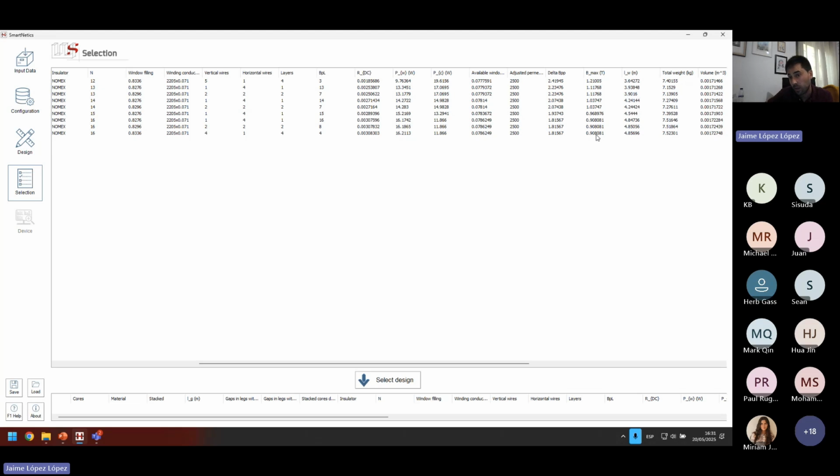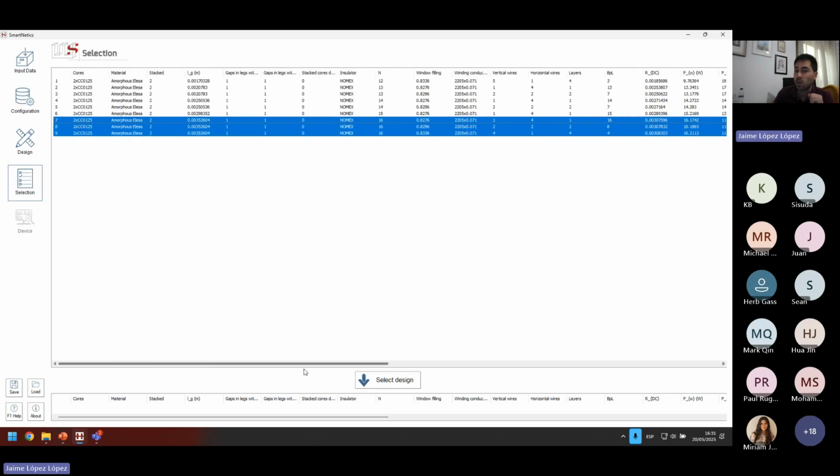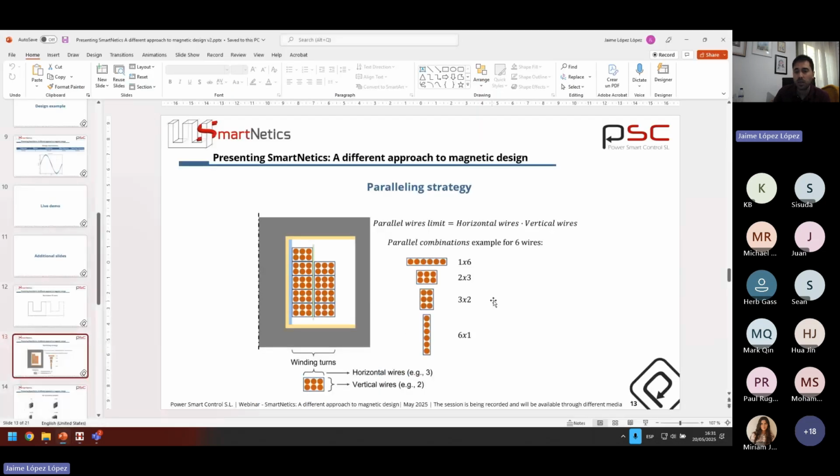But in this case, for this particular project that we were dealing with, we knew that in some particular cases, the current would be even higher than we were expecting. So since we want to be a little bit farther from saturation, to take into account that that can happen, I'm going to select the 3 at the bottom, in this case. Once again, they are more or less the same. The biggest difference between them is how the wires are stacked. All of them, as you see here, use 4 wires in parallel, but the difference is how they are distributed in vertical and horizontal. I'm going to go back to the presentation.